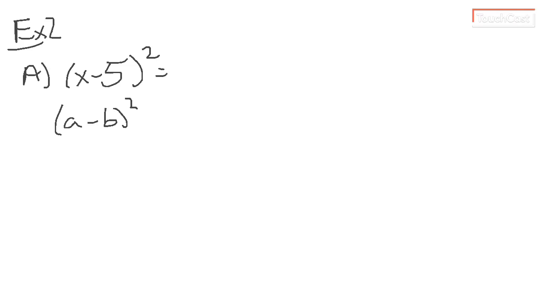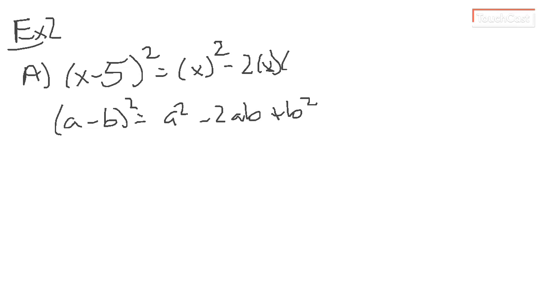And we'll only do a couple of them because I think the point of negatives and squaring a term with a power was taken care of in the last one. So example 2a, we're going to look at x minus 5 and we're going to square it. So again, this is in the form a minus b squared, and we can write that as a squared minus 2ab plus b squared. So we're going to do that here. This time a is x, so we're going to have x squared minus 2 times x times negative 5